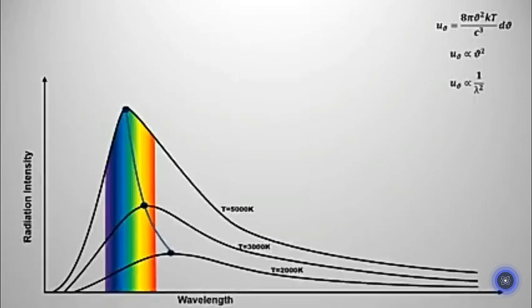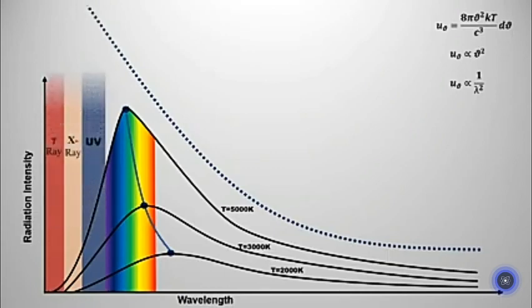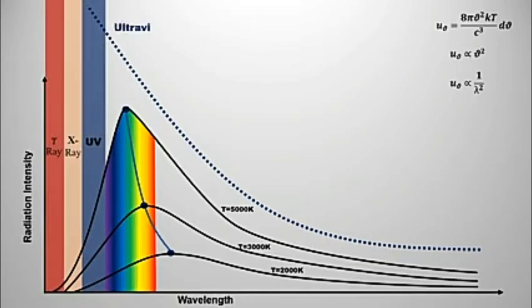What is the problem with this law? As this law says that energy density is proportional to the square of the frequency, that means it is inversely proportional to the square of the wavelength. Now if we draw the graph according to this, it matches the blackbody radiation curve at high wavelength, but due to the nature of the square at lower wavelengths, it predicts a huge amount of radiation which does not coincide with the actual curve. This prediction is known as the ultraviolet catastrophe. Max Planck used his mathematics, made a few changes and successfully explained this curve.